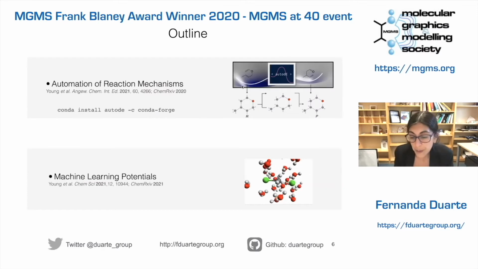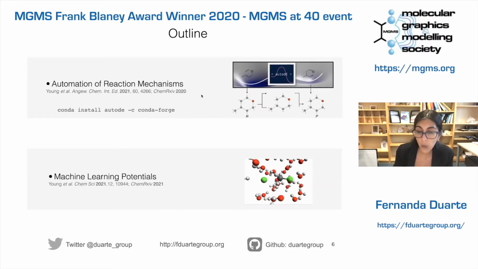So trying to address some of these challenges is why we have been motivated to explore different areas. And today we'll just focus on two main projects. One is related to automation of reaction pathways, really trying to tackle how we can improve in automation, but also how we can make use of the advantages of electronic structure methods and conformational sampling to really obtain high quality reaction pathways. And later we present briefly about machine learning potentials for chemical reactions. I think that in the first presentation, we had a very nice introduction of how machine learning potentials can be used for modeling.